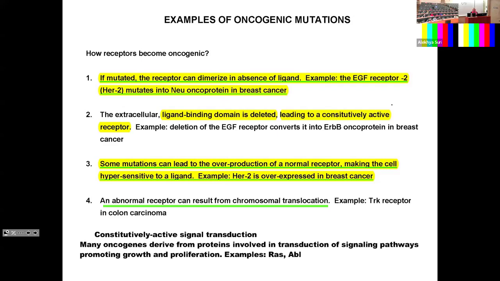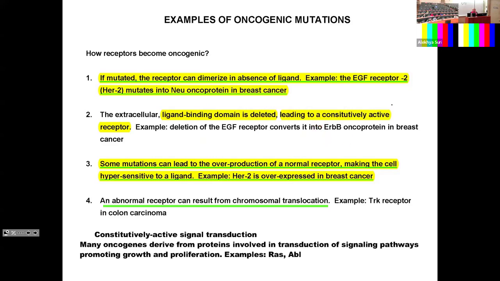In this case, the receptor is mutated: the ligand binding domain is deleted, so there is no binding of the ligand. This leads to constitutive activity. Like I said, this is the example of the short circuit: you have signaling even though there should not be any. That is another case, the deletion of the EGF receptor, compared to a special oncoprotein that is called